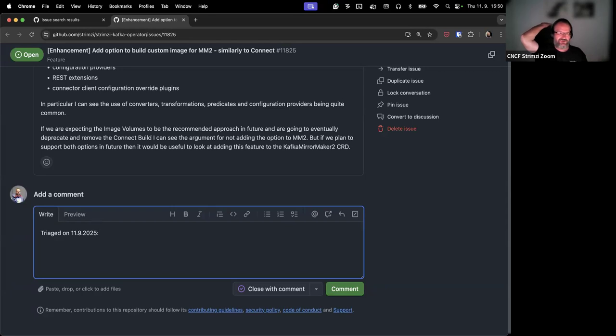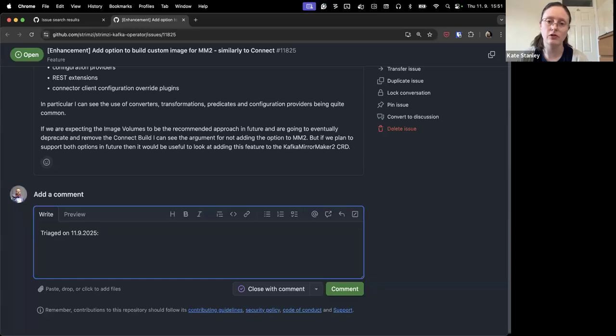Well, or equally, if people want to use it with Mirror Maker today, they could obviously use the Kafka Connect CR and deploy the connectors themselves. Yeah. So we do have that workaround. I think for me, it's the trade-off of how much effort it would be to update the Mirror Maker API to make use of Connect build.